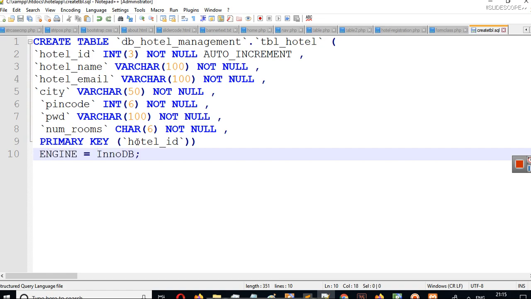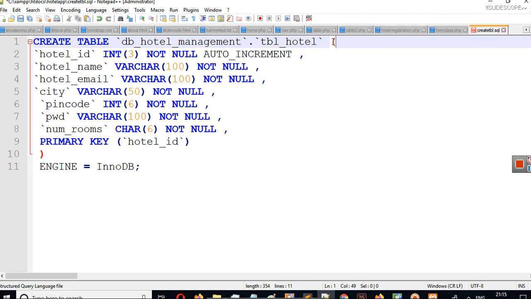Primary key is set on hotel, and you can see that create table is started from here. The parenthesis is started from here. Inside this, we have these comma separated values. So from line number 2 to 9, we have these comma separated values here, and then we have name of these columns here, and we have varchar and everything. Now I will share this code with you.